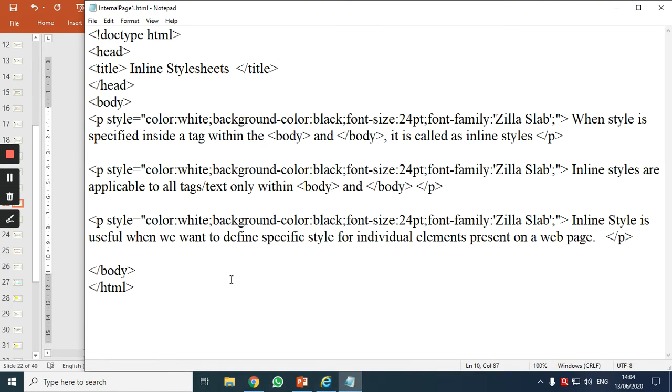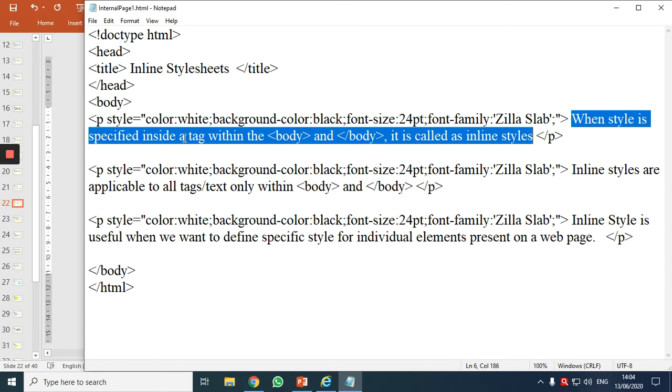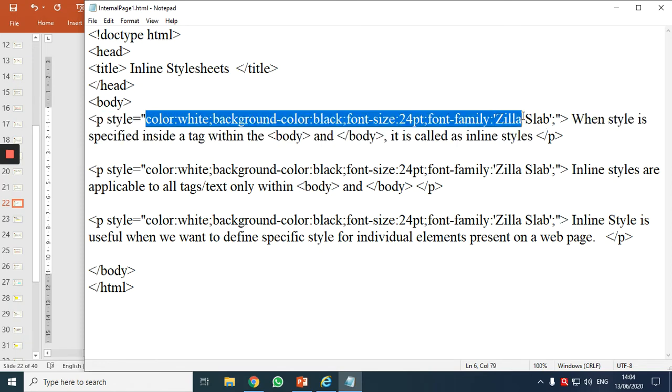Now what happened to the notepad? Imagine we want to apply many properties, say 100 properties, to this particular paragraph. So this particular declaration block will have 100 declarations and it will be very lengthy, and 100 properties applied to 100 or 1000 paragraphs. So the size of our notepad will become very big, right? And it will become very difficult to look at the readability of the web page, right?